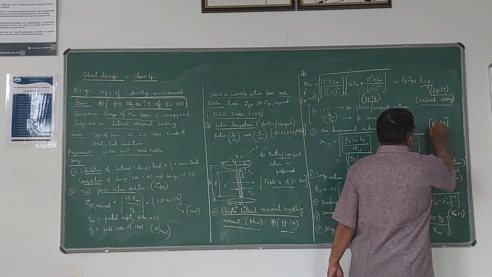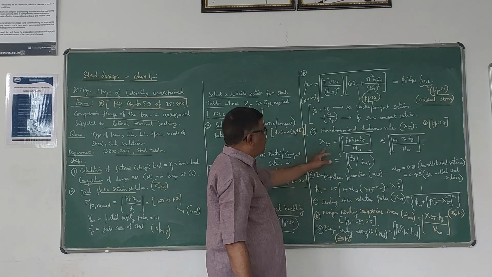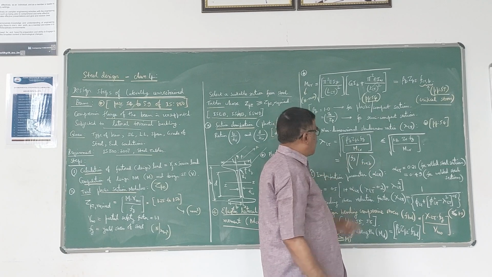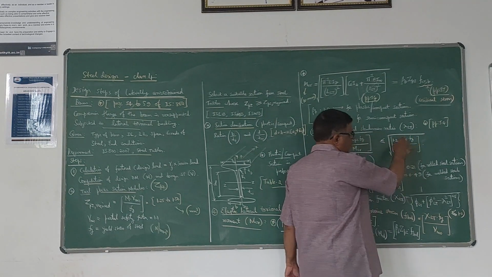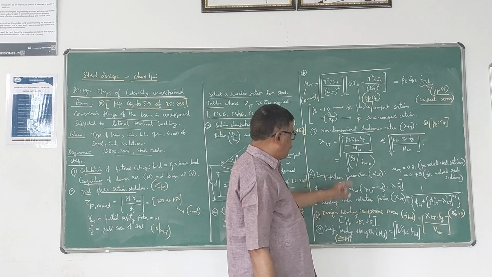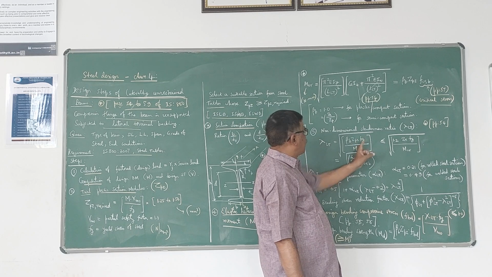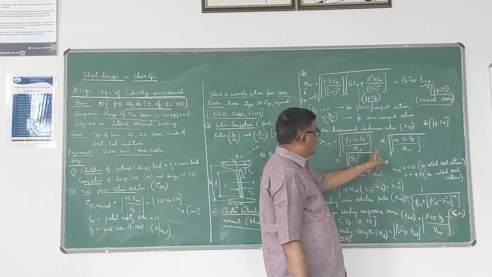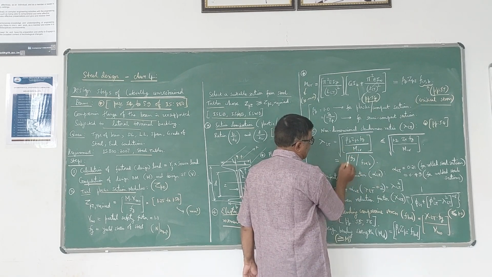This formula is there in the code. So you can use that formula, and this is the formula we can use for that. And one check is there. It should be less than or equal to square root of this. That you have to check. So whatever value you get, lambda LT, square root of beta B ZP Fy by MCR, it should be less than or equal to this. And of course, this can also be written like this.